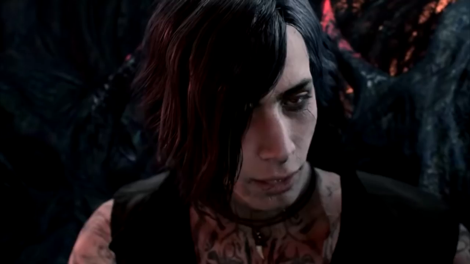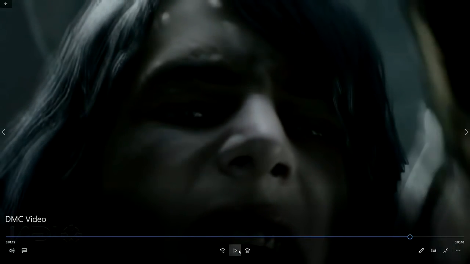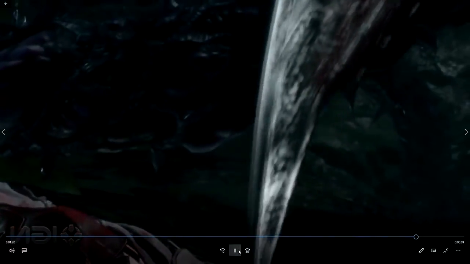So Dante's half demon, half human. Maybe V knows that Dante is still alive after the Urizen attack, and he tries to make a move from there to get stronger. That could also be a possibility, if that theory is true, of course. And then he brings the sword down, and we saw obviously in, I think it was the Game Awards presentation, Dante's eye